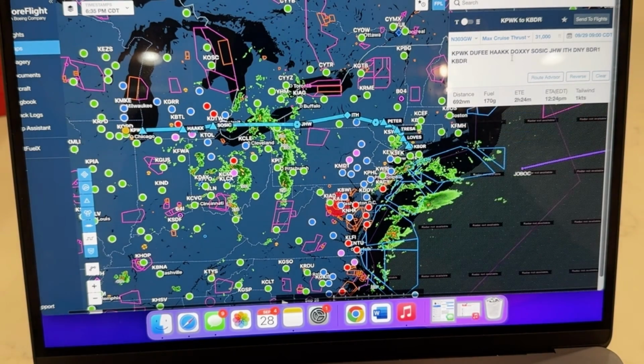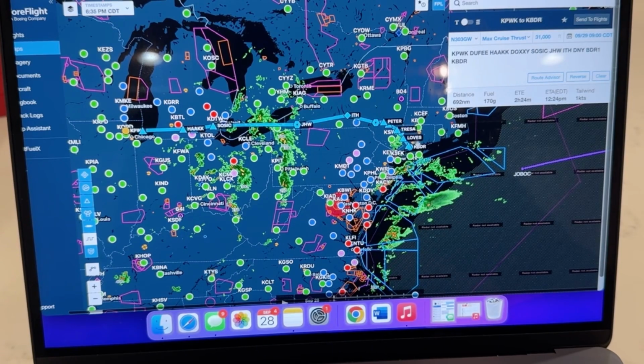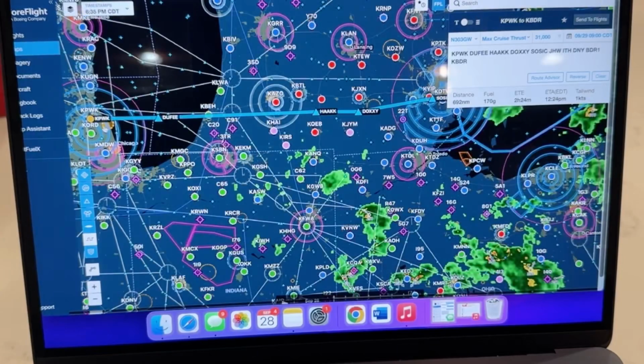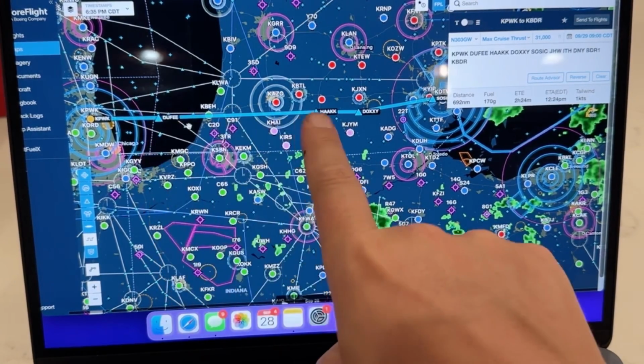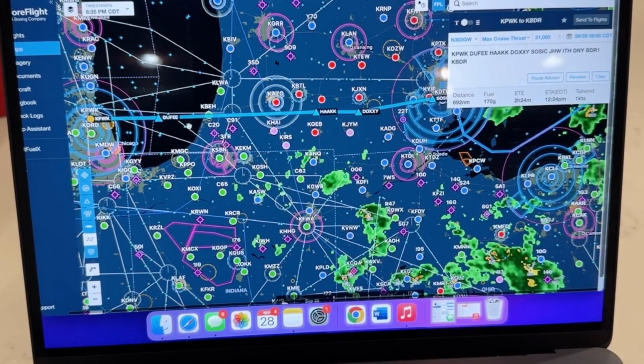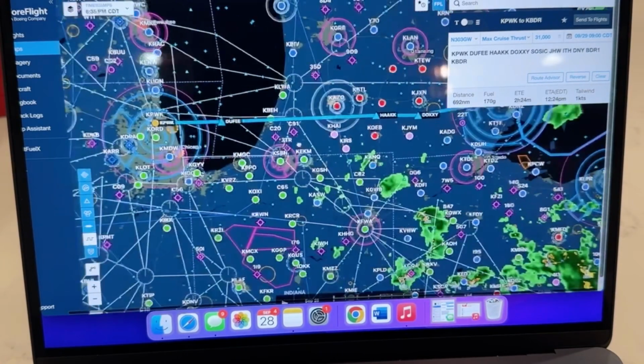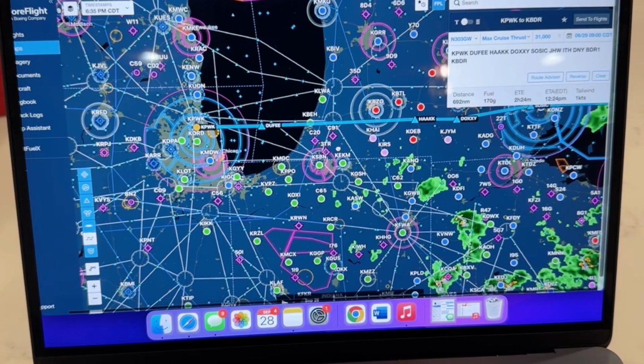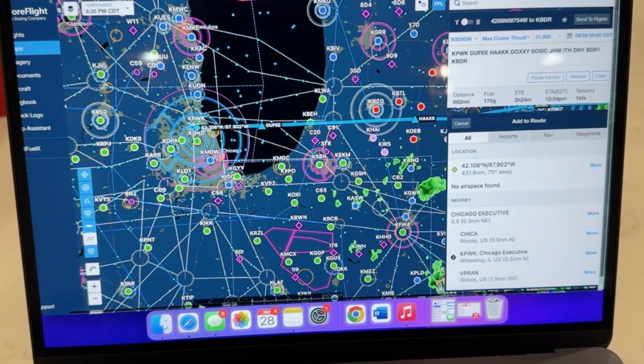The first thing I'm going to be doing is, I feel comfortable with this. I see an arrival procedure. I see our fixes to get out of Chicago Executive here: Duffy, Hack, Doxy. I just know that from experience, but the neat thing about Chicago Approach, how Chicago Executive, I can just show you